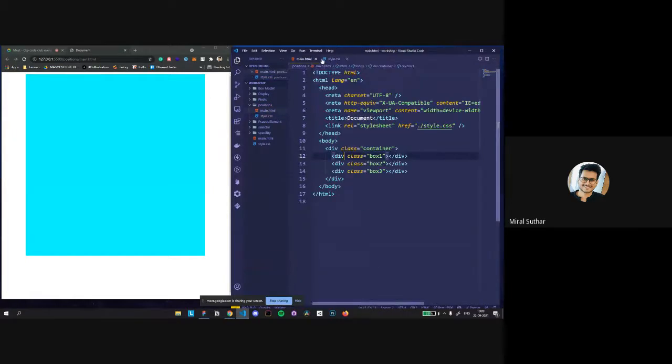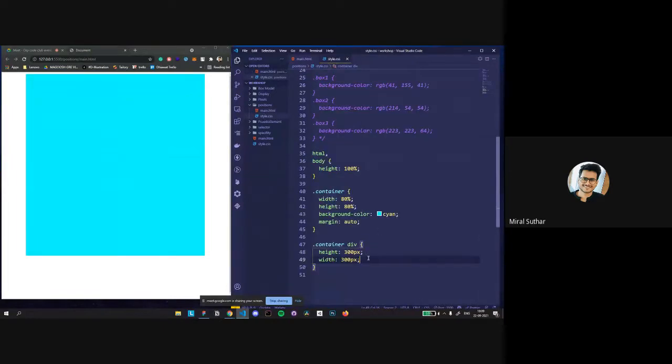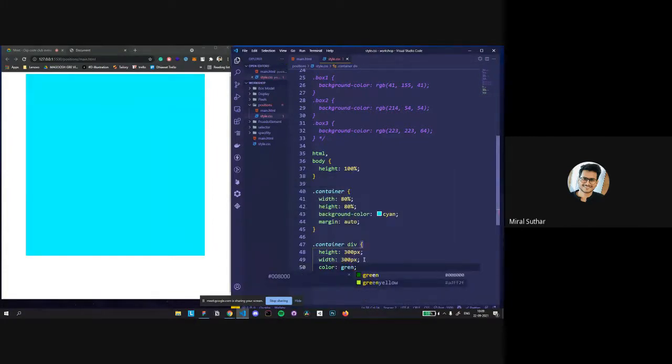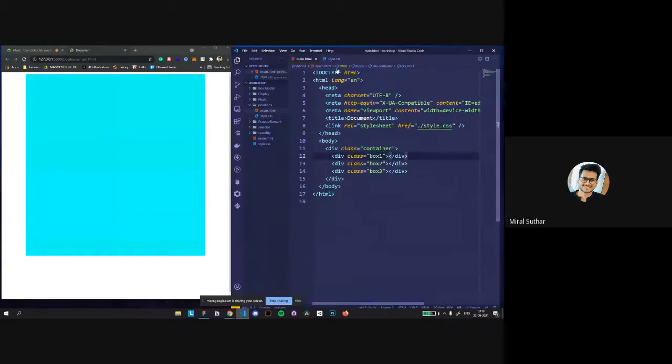And now we can do this. Still, there's nothing in the content. So you have both 300 pixels, and we have the color of, let's say, green. It's not applying.